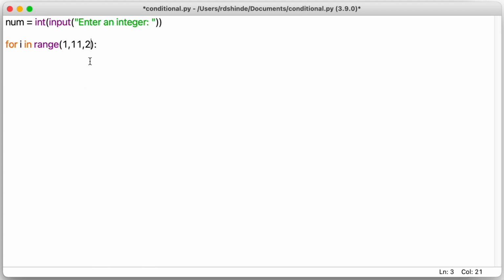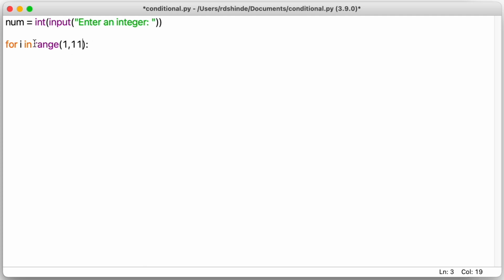That is, suppose we are giving 1 to 11 and the step is 2, that means from 1 it will go to 3, then 5, then 7, and so on till it is 11. But one thing to notice here is that 11 is not considered, it will only go up to 10. So 11 is excluded here. So this is how this range function works.